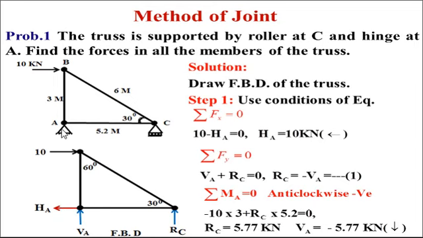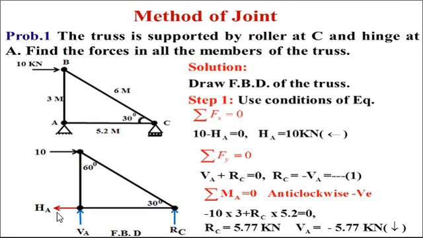So here joint A is hinge, so 2 unknowns at joint A. Joint C is roller, so 1 unknown at point C, that reaction will be RC. Use the first condition, sigma Fx is 0. By taking Fx equal to 0, how many forces are there in the X direction? Minus HA to the left, negative; to the right, positive. Upward positive, downward negative. Anticlockwise positive, clockwise negative. This will be our sign convention. Now Fx equal to 0 means plus 10 rightward, minus HA equal to 0. Only 2 forces are in the X direction. You will get HA equal to 10 kilonewton.